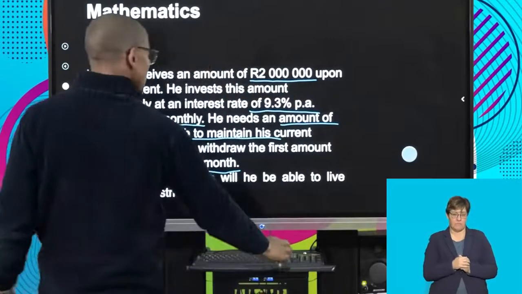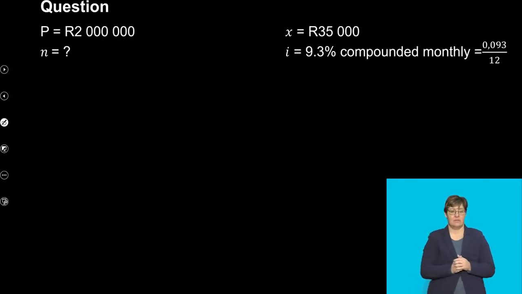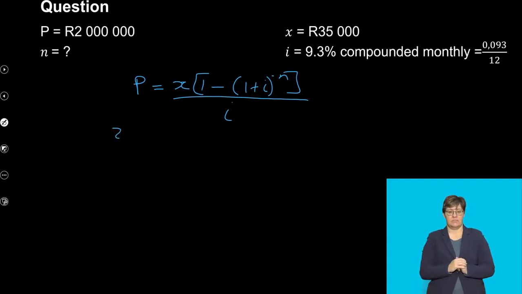So to solve this, I will say my P is 2 million, X is the monthly payment. It's the same as a monthly payment, but it's actually a monthly withdrawal of 35,000. N will be what we are trying to find. We know the interest is compounded on a monthly basis. And therefore, I will say P equals X times (1 minus (1 plus i) to the exponent of minus n), all of this divided by i. And then I know this is 2 million,